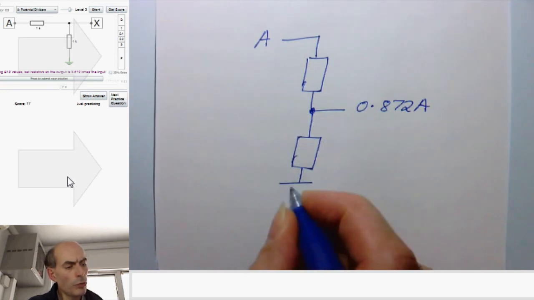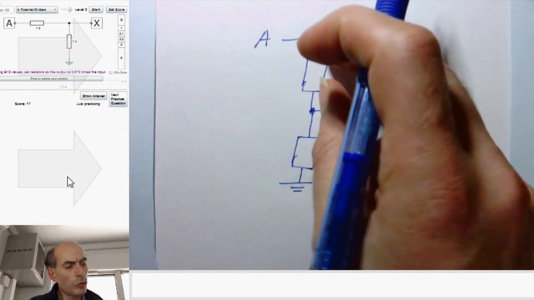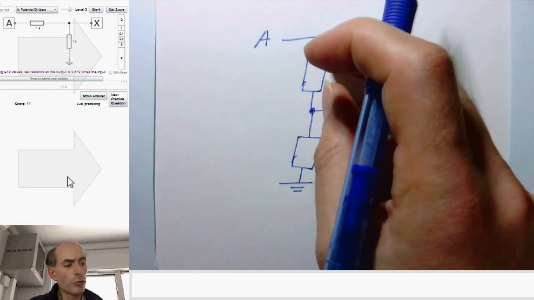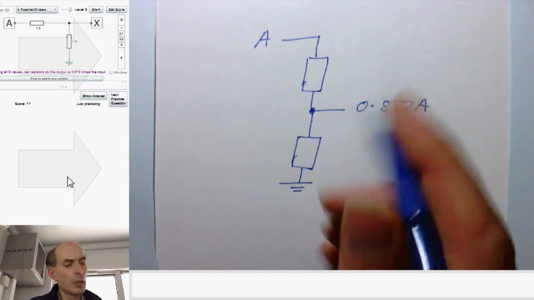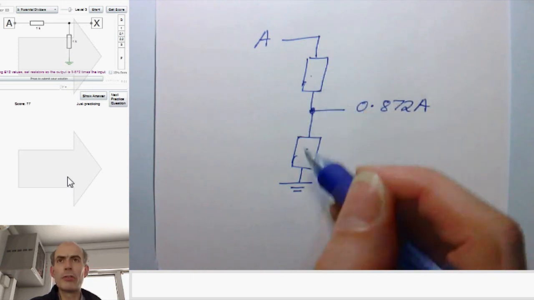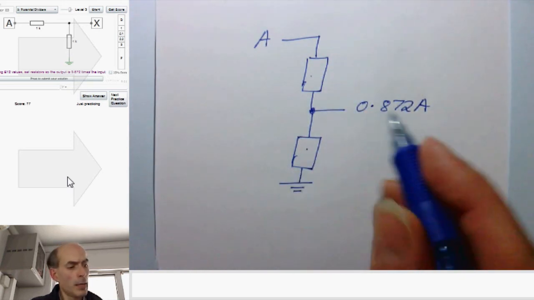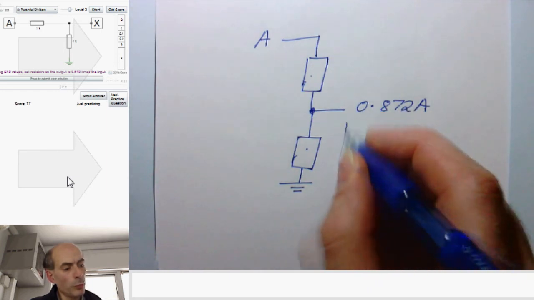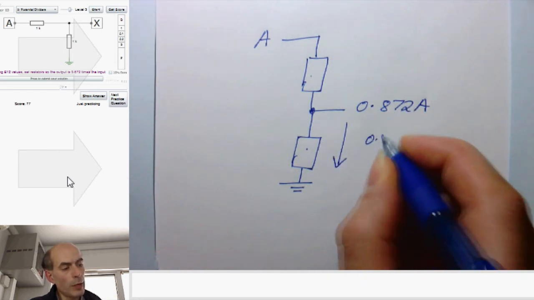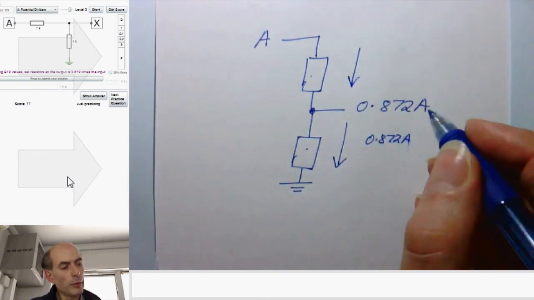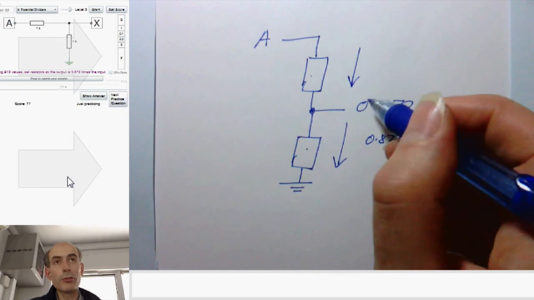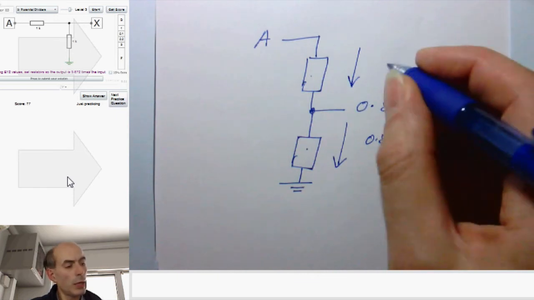then we can use the fact that the voltage drop across a resistor is proportional to the resistance, because the current through both of them is the same, to work out what the ratio of these two resistors must be. Well, the voltage drop across this one is 0.872A, and the voltage drop across this one is A minus 0.872A, which is